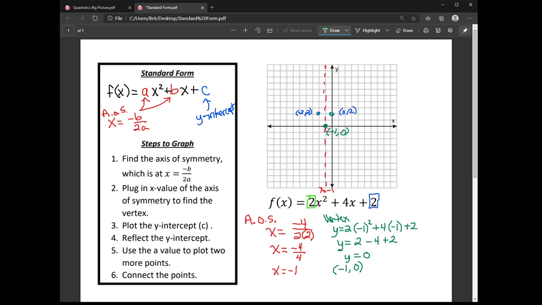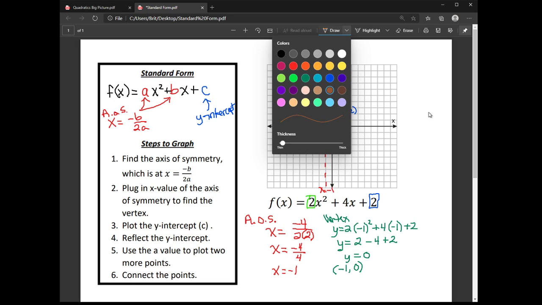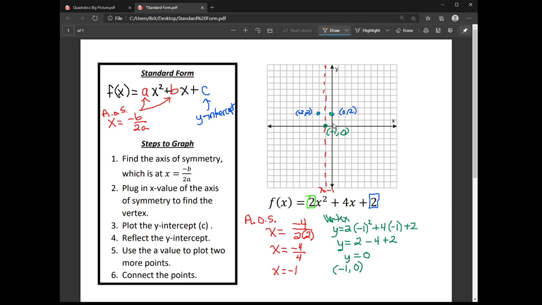You can also plug in a simple number to get another point. So for example, to get my 5th point here, I'm going to go ahead and try plugging in 1 and seeing what my value is when I plug in 1. Okay, so I'm going to give myself some room by erasing my vertex. Like I said, I'm just plugging in to get my 4th and 5th points, because we usually want 5 anchor